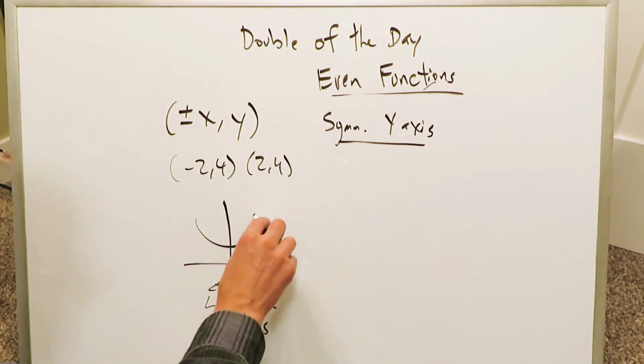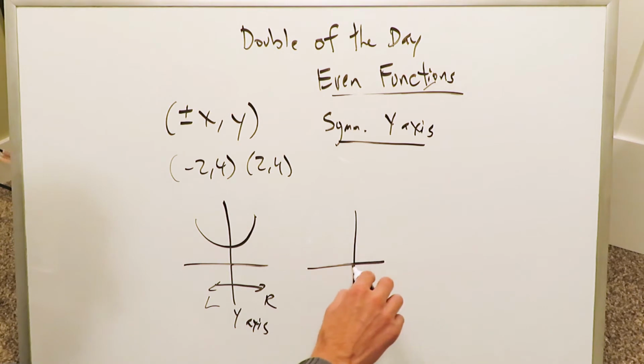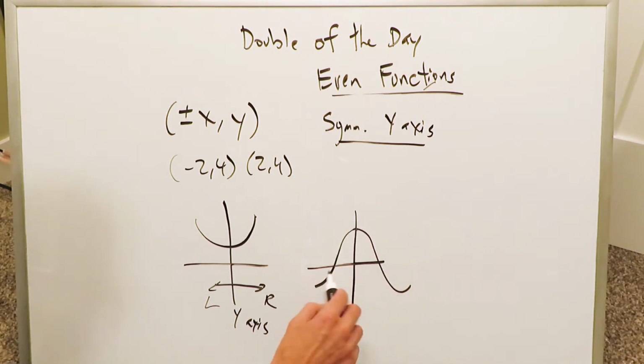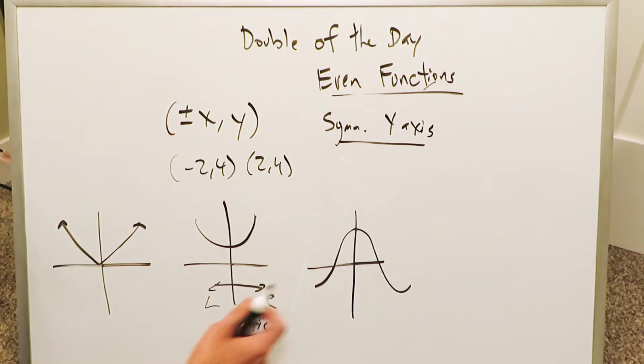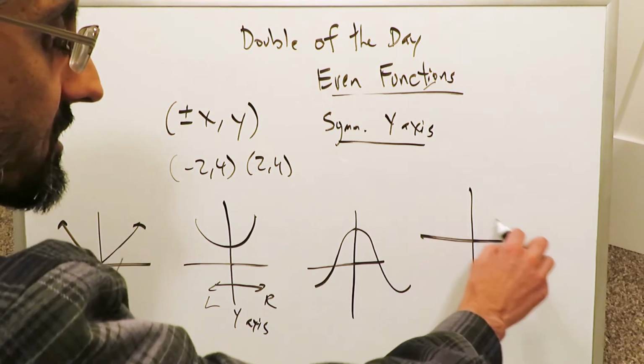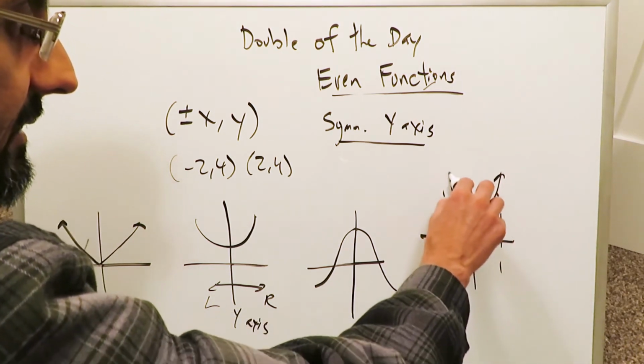An example could be a parabola, right? You have y-axis symmetry. Another type of graph could very well be the cosine function, which looks something like that. It's symmetric about the y-axis. You can have a bunch of other functions such as this. The absolute value is an even function. How about this? The secant function. If this right here is one of the vertical asymptotes, the secant function would look something like this,